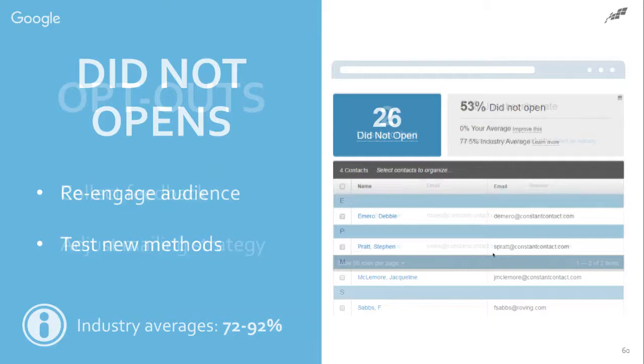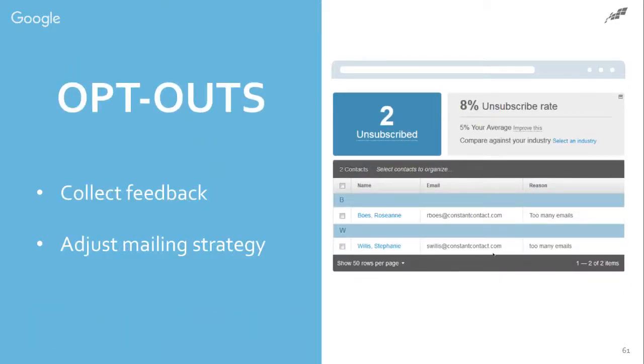And then opt-outs. This is where you collect feedback on what's not working. You've done something naughty in that opt-out. Either it was too many messages, it was clear that that person just wasn't interested in what they wanted, maybe you hit the wrong tone and they unsubscribed. But when you get that, you can actually collect some feedback from them through the tool. There's an option to tell us why you're unsubscribing. Take that information and treat it like the miracle it is. You have people telling you what you're doing wrong. Stop doing those things. Industry average on opt-outs is less than 1%.